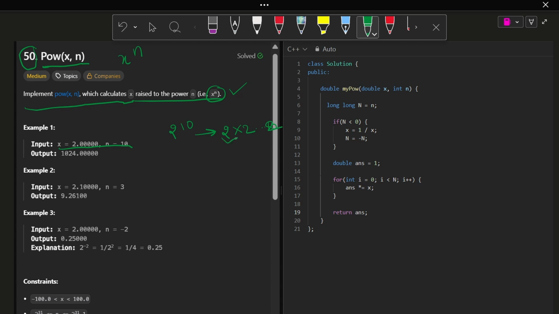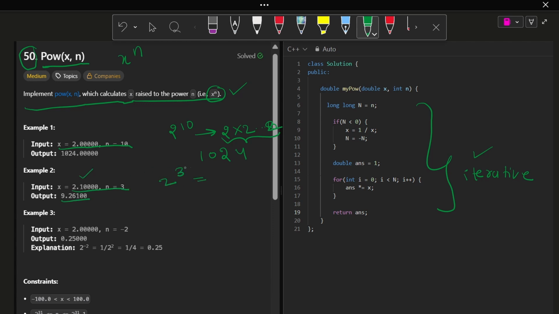So this is a simple thing. You can generally think of a while loop which multiplies 10 times. This is known as the brute force approach. You can apply the brute force approach, that's not an issue. But there is an issue. Here you can see the code for the brute force approach. This is known as the iterative approach. And 2 power 10 is 1024, and here they're asking 2 cube, which is 8, but they're asking in